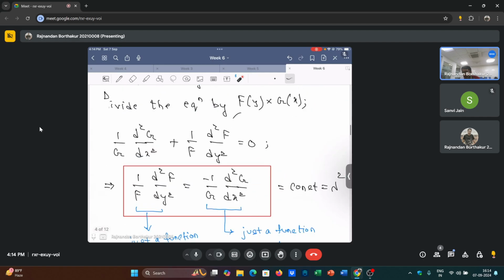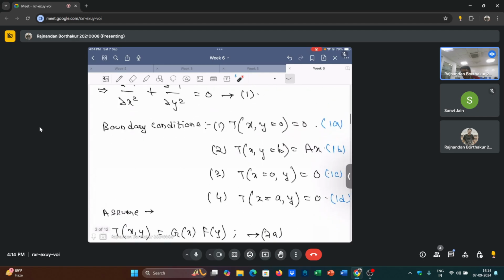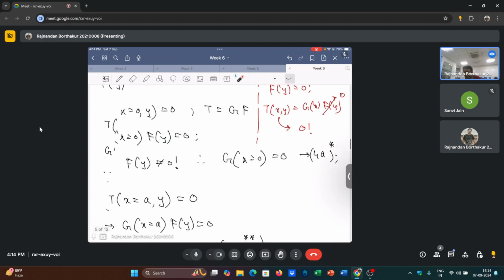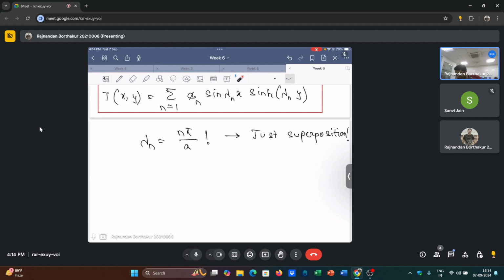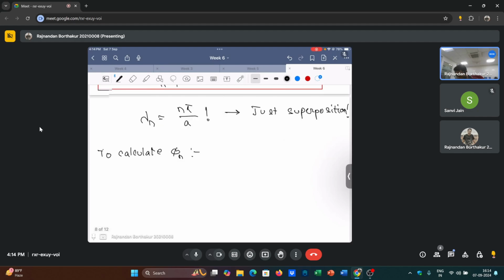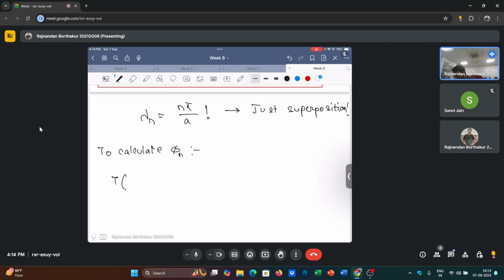Remember, we have used all three boundary conditions, but we have not used the prescribed temperature boundary condition on the top face. We will use this now to calculate the value of phi n. So the last step is to calculate phi n. For that, we will use the fact that the temperature